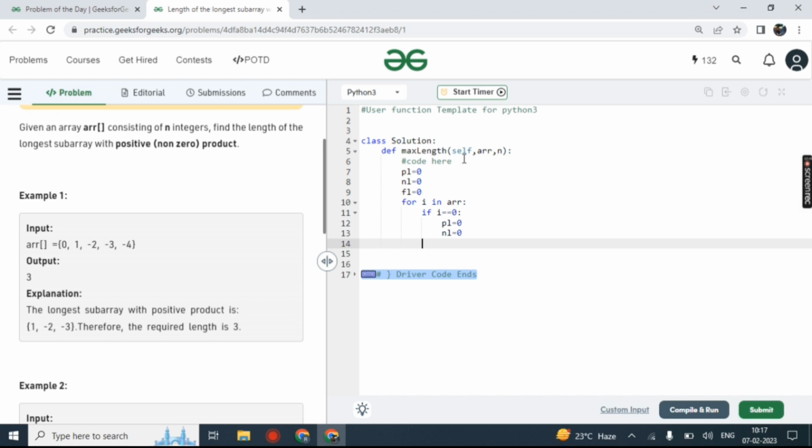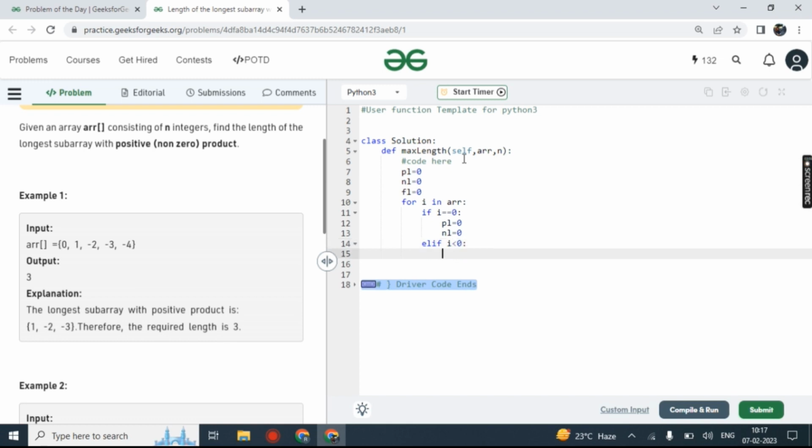Okay, now what else are we checking? We are checking whether the value we are selecting is negative or positive. Else if i is less than 0, so if it is negative, then we check whether we already have anything in negative length. If we have something in negative length, then we add 1 to that. And if we don't have anything in negative length, then we make the negative length 0.